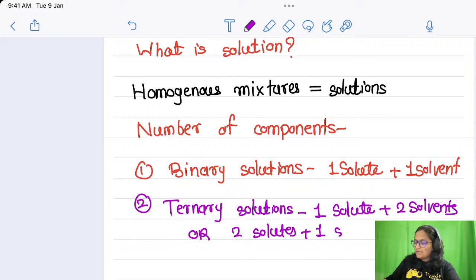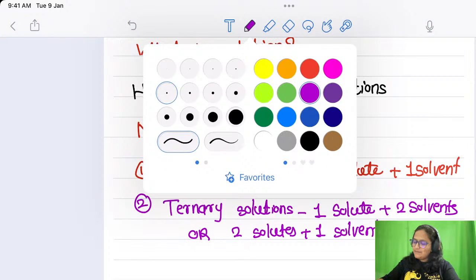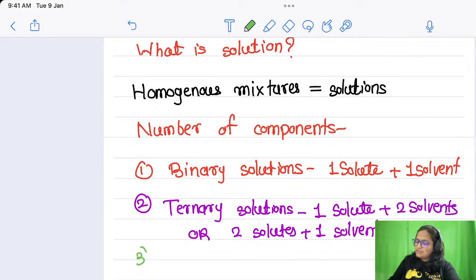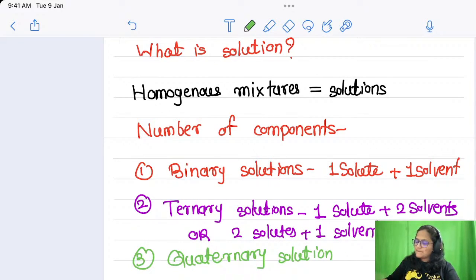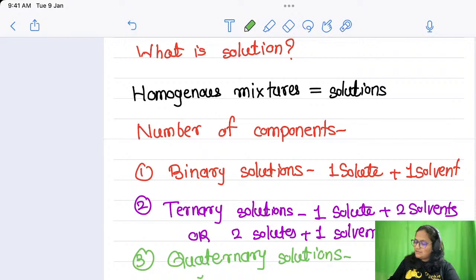Any combination we can have. Then the third type of solution is the quaternary solution. In this also we will have different combinations, like 1 solute plus 3 solvents,